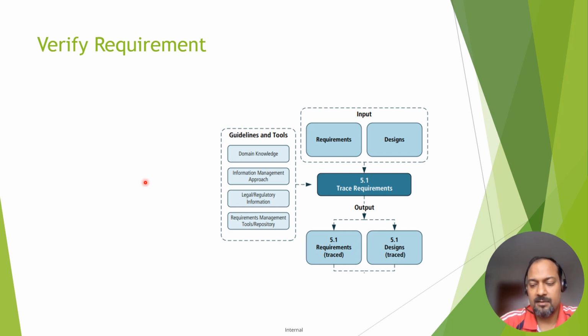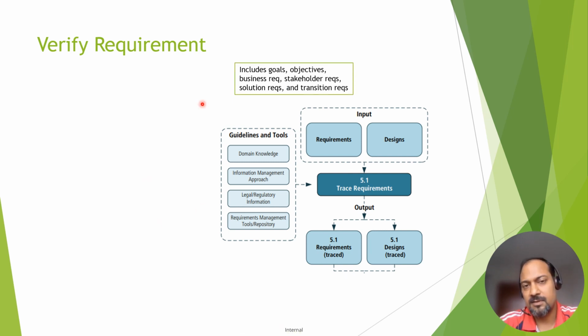Now, let's talk about the inputs. So, the first input is requirements and the second one is design. Basically, interchangeably, we can use those, and you can say requirements and design together. So it includes the goals, the objective, the business requirement, stakeholder requirement, solution requirement, and transition requirement, or the designs,